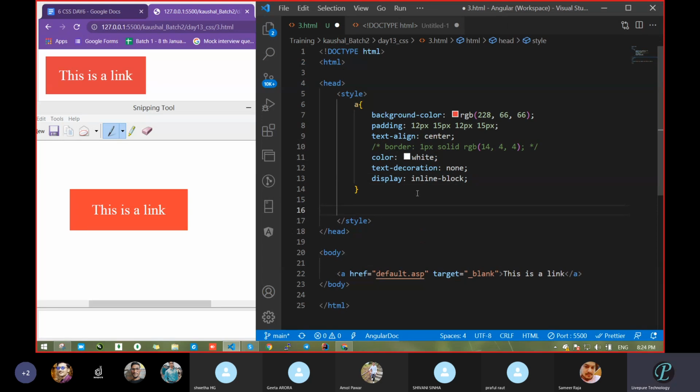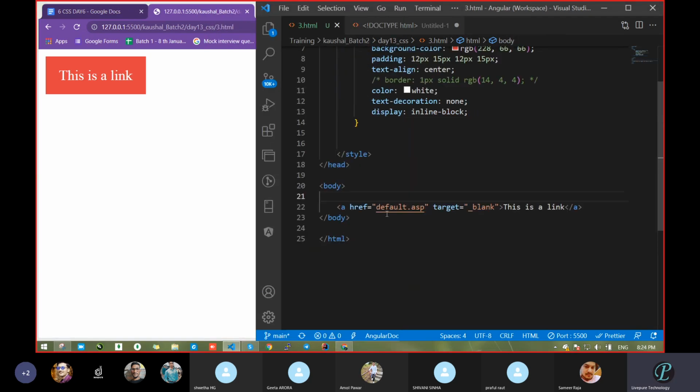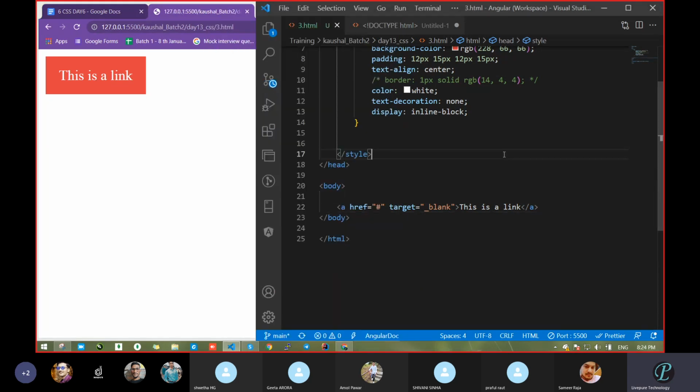So, okay, let's run that and then we will realize that. If I click now, we got that somewhere. Let it be an error. But what we want is that when we are clicking this link, remove this dollar control S. When we are clicking this link, what we want is that on mouse over,